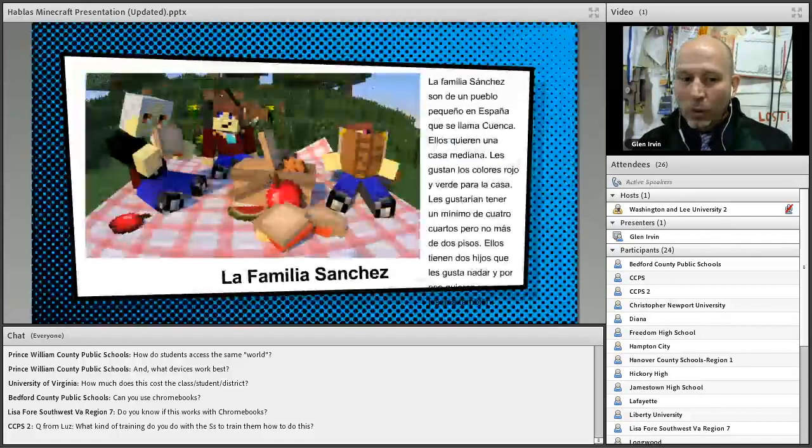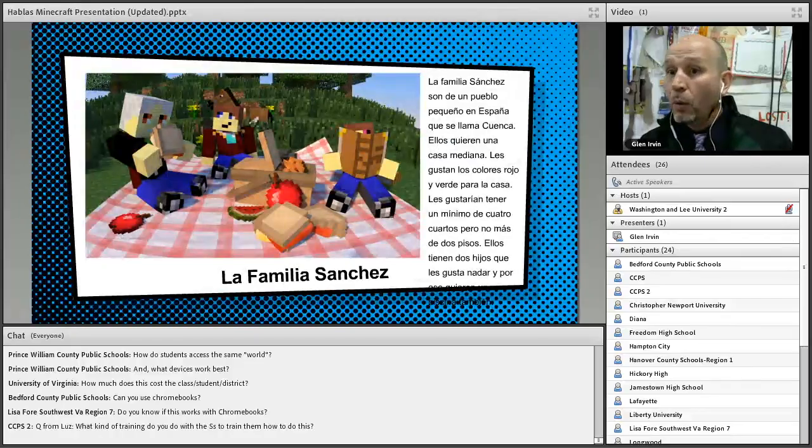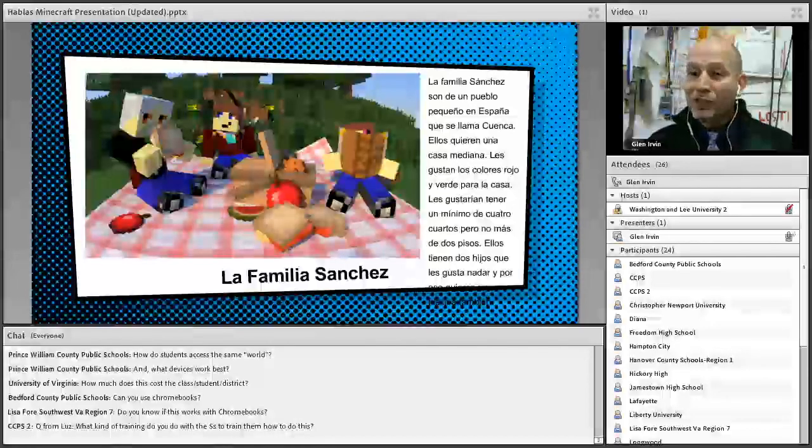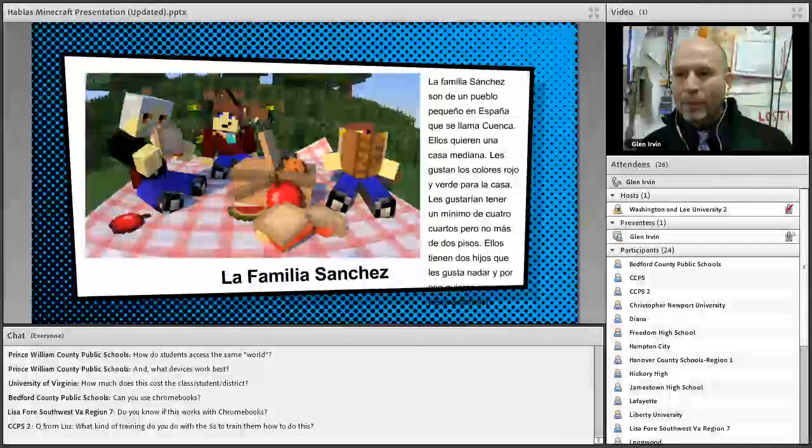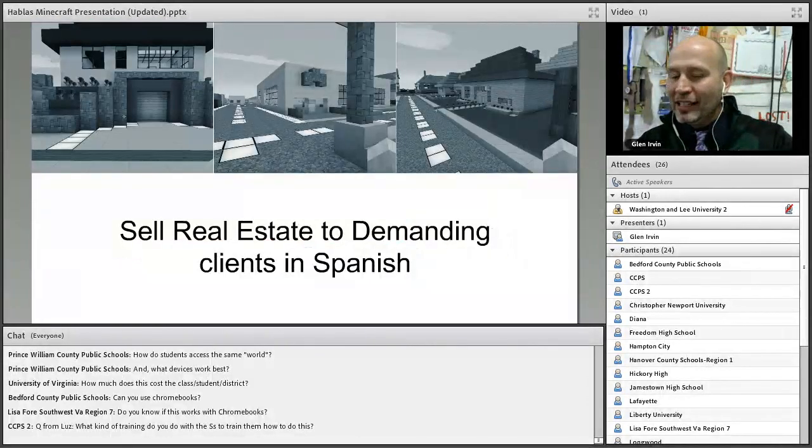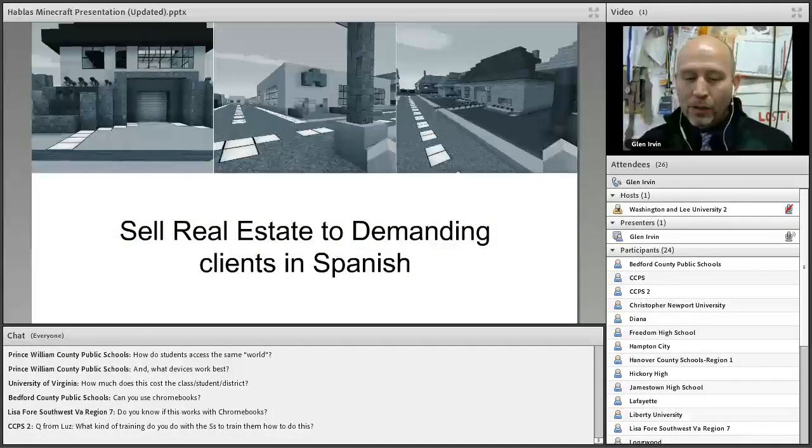I've been watching a lot of HGTV, so I was thinking about the real estate agents and what they actually do, which is an amazing skill. And what if you could do that for somebody in Español? Instead of just being able to describe a home, how about you have to describe it for somebody that wants to buy that home? You're selling them the home, right? So I had these clients, I call it demanding real estate clients in Español,